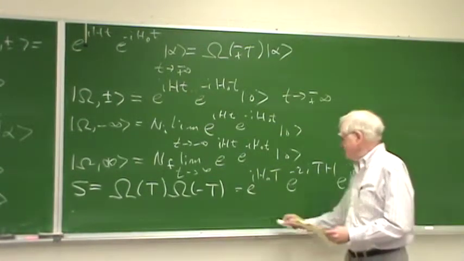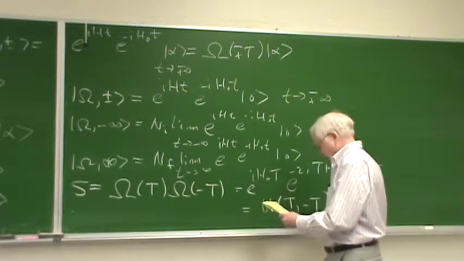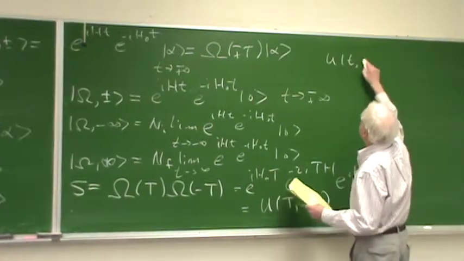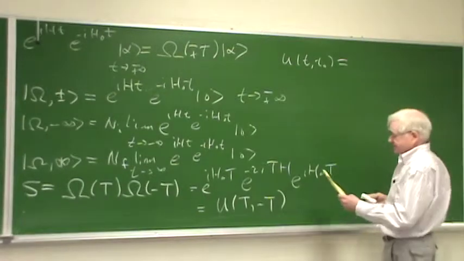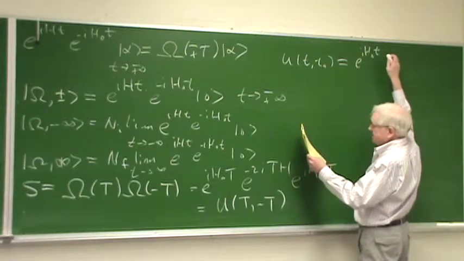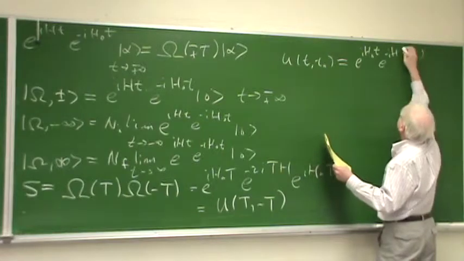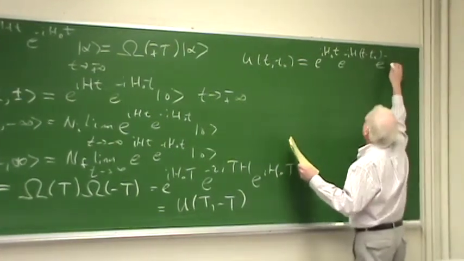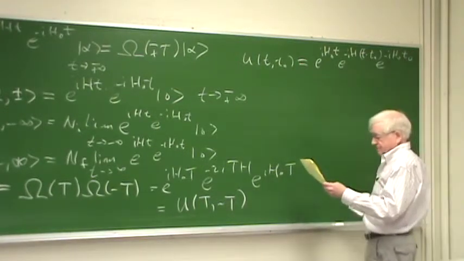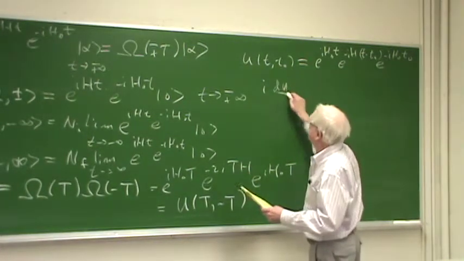And in Schwartz's notation, that is effectively U of big T minus T. And here then U of t and t0 is e to the iH0t, e to the minus iH(t minus t0), e to the minus iH0t0. And now, as we saw last time, i dU/dt,